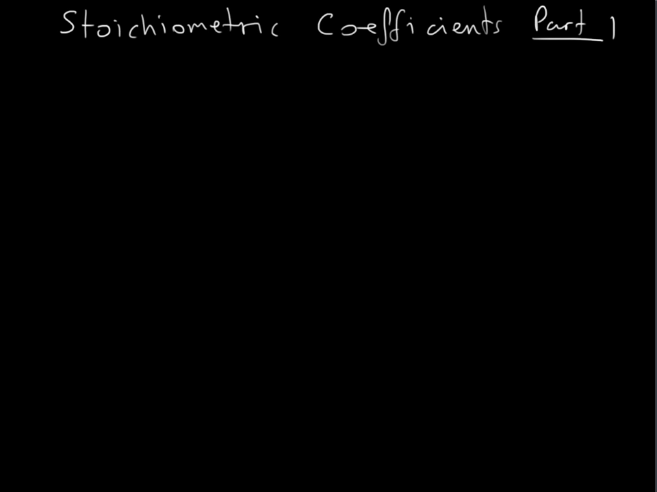So in this video we're going to look at stoichiometric coefficients. This will come in two parts, and this is the first part of the video. So in the first part we're going to consider simple reactions. Now by simple I mean the case where a given species, say in this case A, only occurs on the